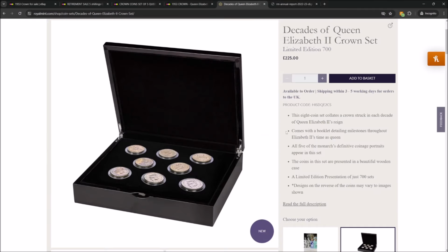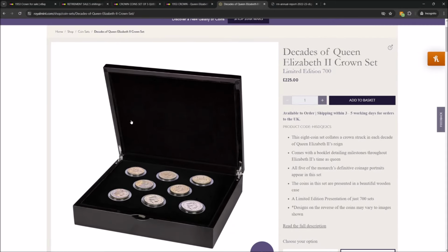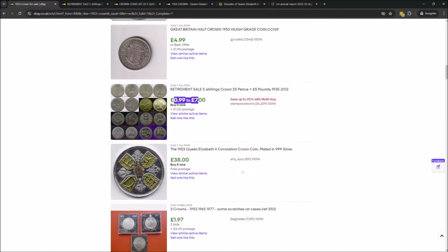I will finish by saying, look, ultimately it's anyone's decision to buy these. And if you want this, if you think it's something that you would like and enjoy, then be my guest. Go and buy this box from the Royal Mint and have your coins and enjoy it. But I'd also highly recommend that you have a bit of a look around and build your own set for